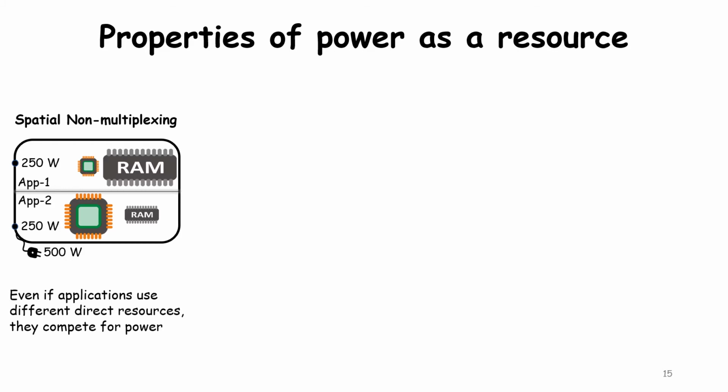Second, power cannot be multiplexed in space. Consider two applications requiring very different sets of resources, for example, high CPU for one application and high memory for the other application. They can coexist on the same server without much direct resource interference, which we call multiplexing in space. On the other hand, these two applications can consume completely different sets of resources, but each of these resources in turn consumes power. This leads to power struggle depending on how stringent the power capping threshold of the server is. So we need to manage power explicitly and not as a consequence of managing other resources in order to better manage power struggles.